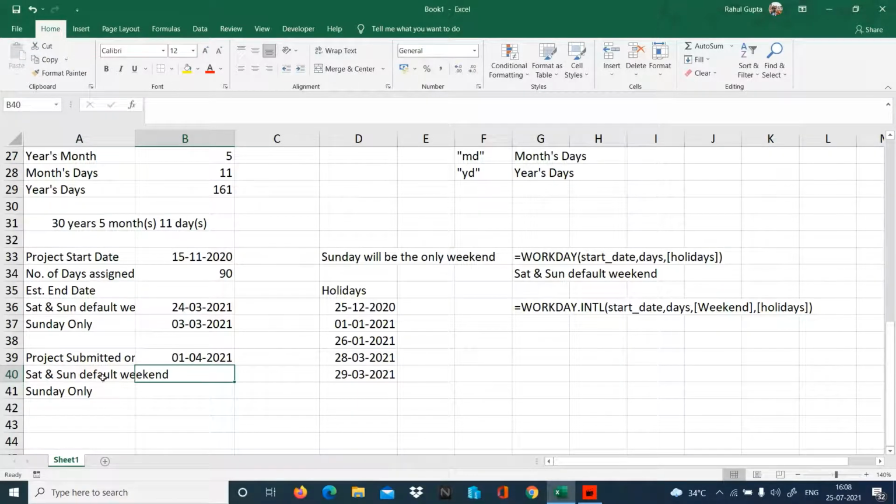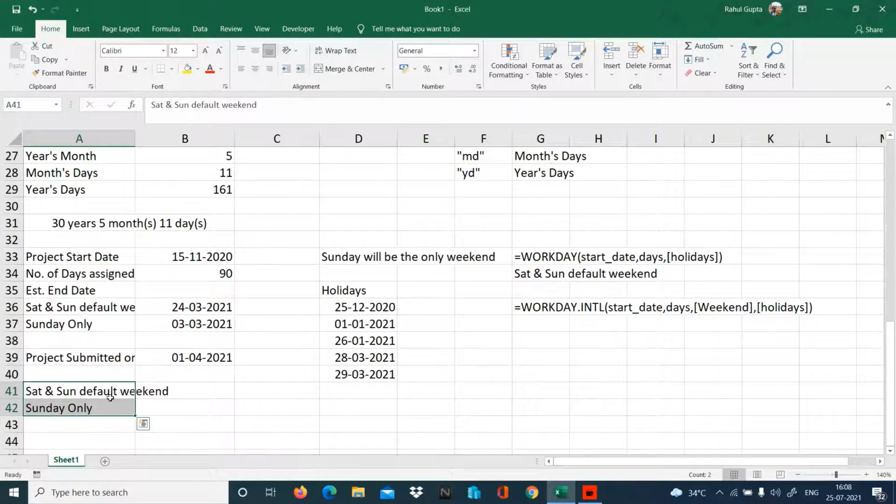So now we have to check how many days that person took to complete this project. Both of these ways are there, where we have to check on behalf of Saturday and Sunday as the default weekend and Sunday only. So total number of days taken to complete the project.